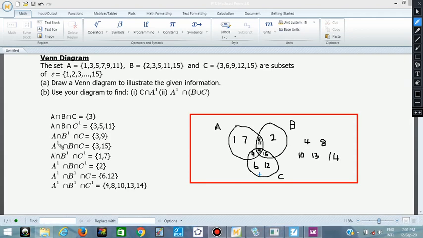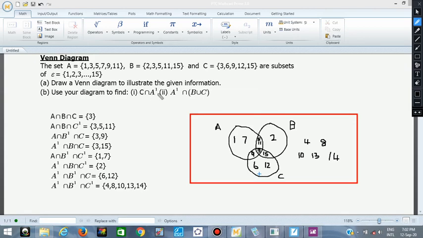So this symbol, complement, means not in A, that is A prime. Then the one present only in A is not in B, is not in C. The one present only in B is not in A, is not in C. The element in C only, we don't have it in A, we don't have it in B. Then the last set will be elements that are not in any of the sets, but they are also part of the universal set, which is this. So now that you have this, you can answer what this question says you should answer.